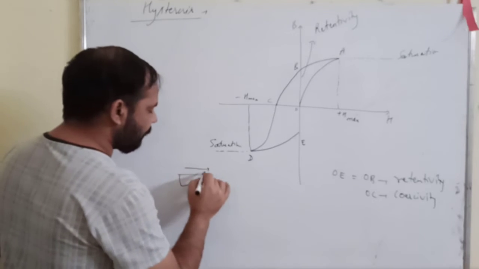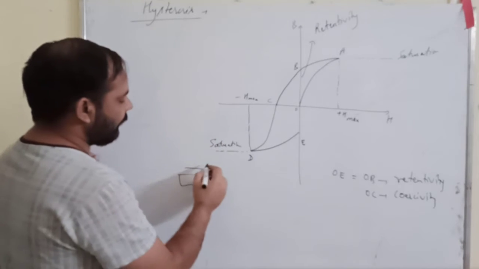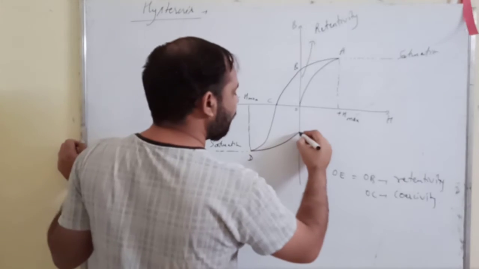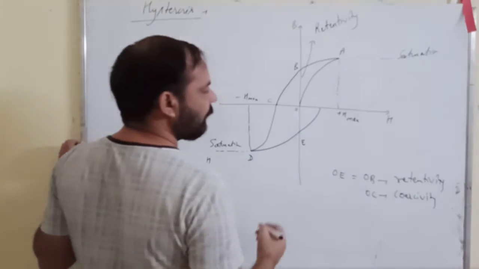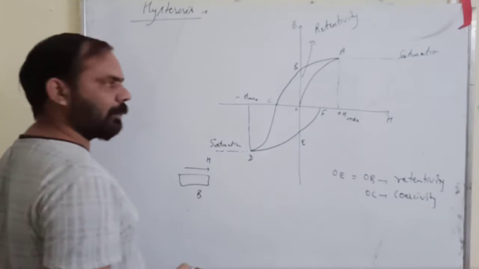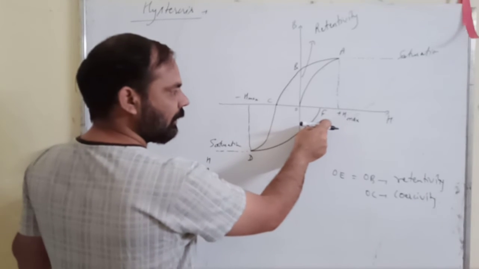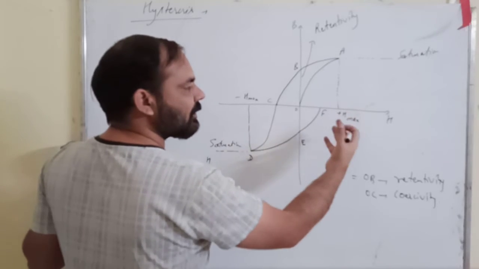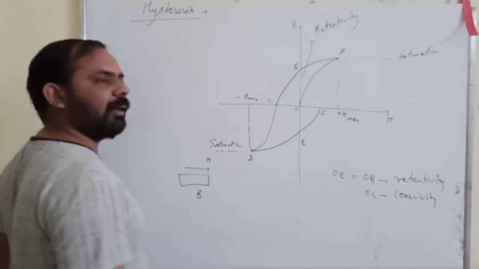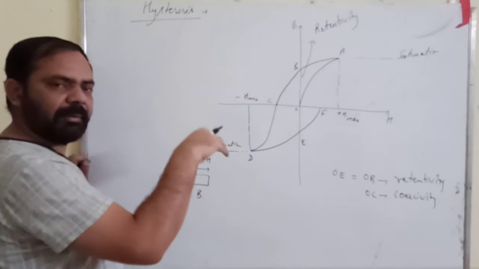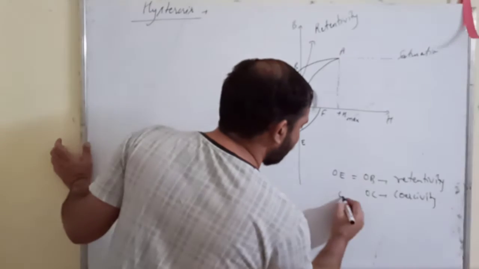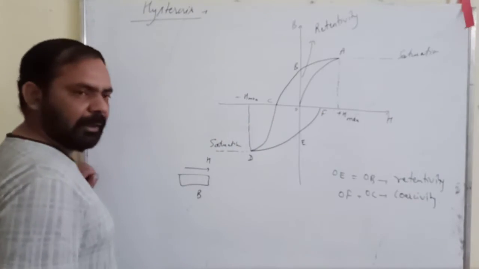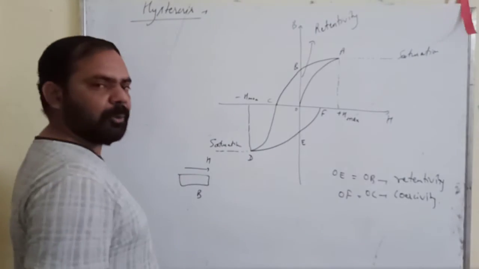Now again, in the beginning direction, we increase the value of H to make this value of B 0, and we get a graph of this type, right? And we reach the point F. Now at point F, your B value becomes 0, and the length OF represents the amount of H required in the opposite direction of B to make the value of B 0. In the graph you will find that OC and OF will be equal. So these lengths represent coercivity.